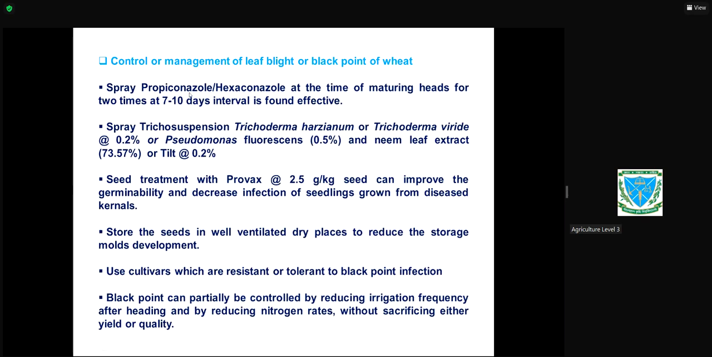So spray propiconazole and hexaconazole at the time of maturing head. যখন হেডটা ম্যাচিউর হচ্ছে ঠিক ওই সময় যদি তুমি এই ফাঞ্জিসাইডগুলি স্প্রে করো, কোনাজল গ্রুপের ফাঞ্জিসাইড, এগুলি ভালো কাজ করবে 7 থেকে 10 দিন পর। এছাড়া কিছু বায়োএজেন্ট, সিউডোমোনাস ফ্লুরোসেন্স, some species of Trichoderma harzianum or Trichoderma viride can be applied. Okay, and in addition, one of the important approaches is you can treat the seed with a seed treating fungicide, Provax 2.5 গ্রাম per kg seed, প্রতি কেজিতে 2.5 গ্রাম নিয়ে মিশানো।